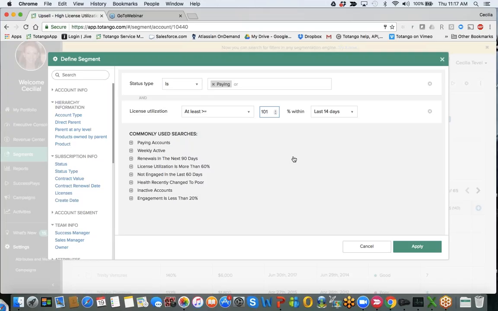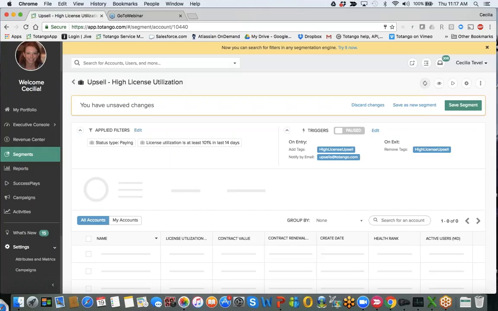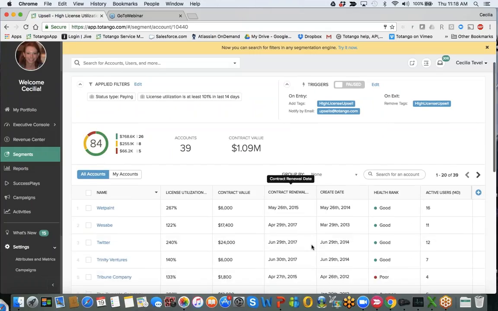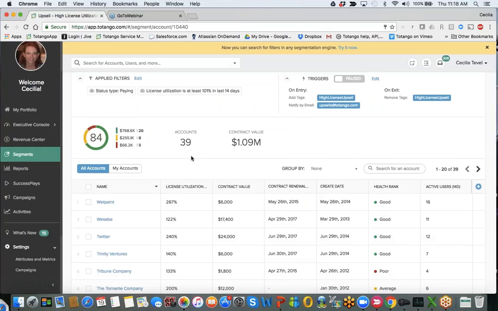They're not necessarily capped, so we track if they are above it. Then we reach out and engage them in an upsell type of conversation. So I'm going to simply look at that, click on apply, and get my results. It looks like I have 39 accounts that are above